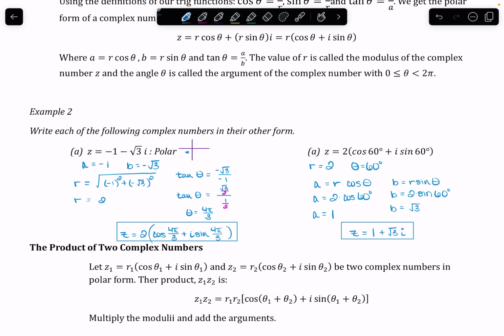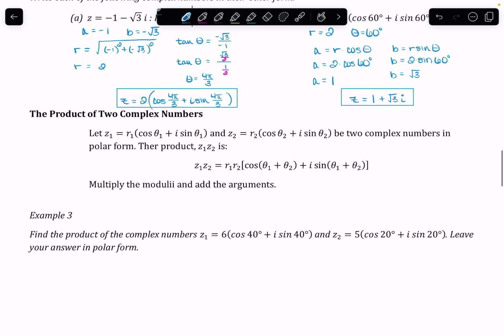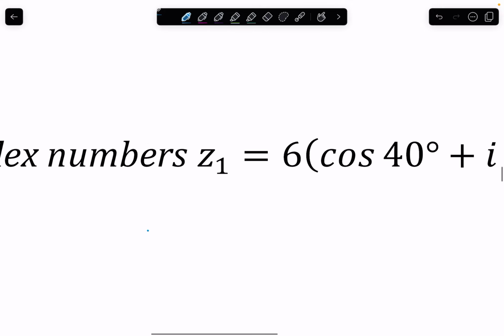All right, product of two complex numbers. We can multiply and divide complex numbers just like we do regular numbers. What it winds up doing is you multiply your radii and add your angles. Multiply your radii, add your angles. First example: find the product of the complex numbers z1 equals 6 times the quantity cosine 40 degrees plus i sine 40 degrees, and z2 equals 5 times the quantity cosine 20 degrees plus i sine 20 degrees. So product z1 times z2